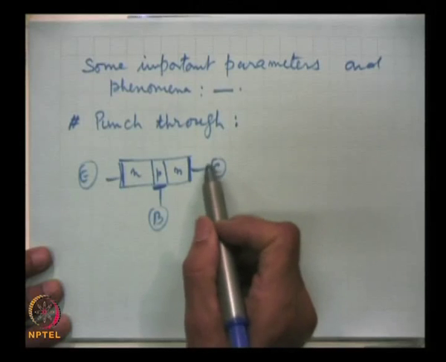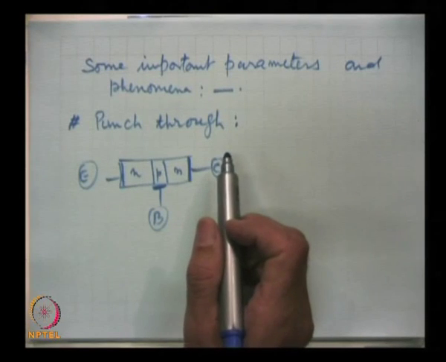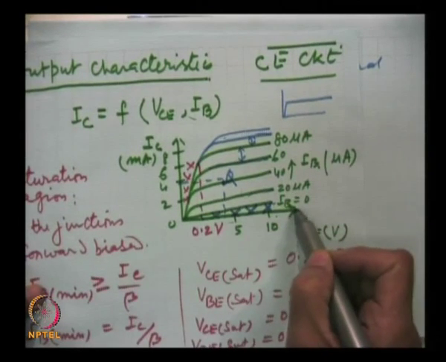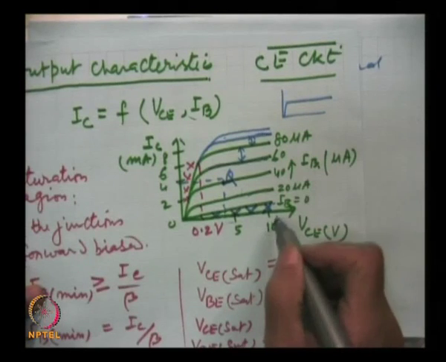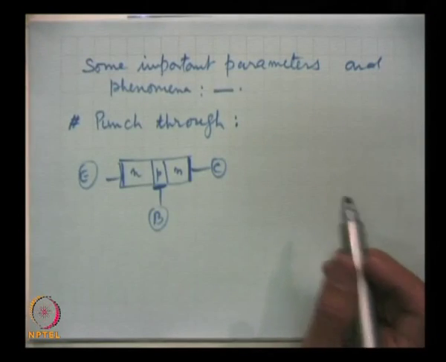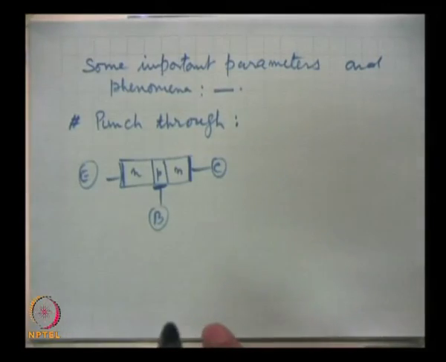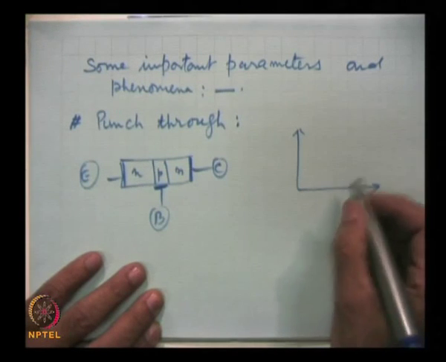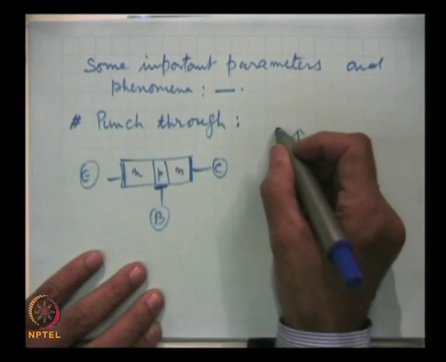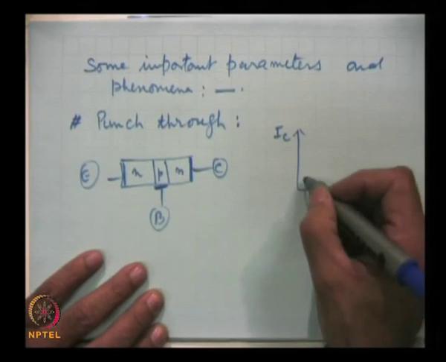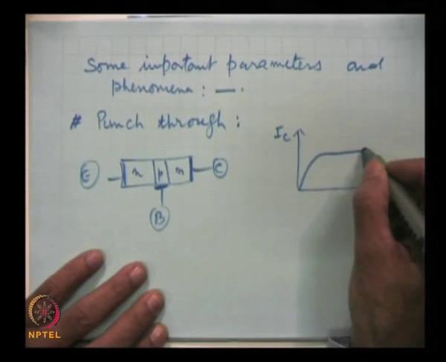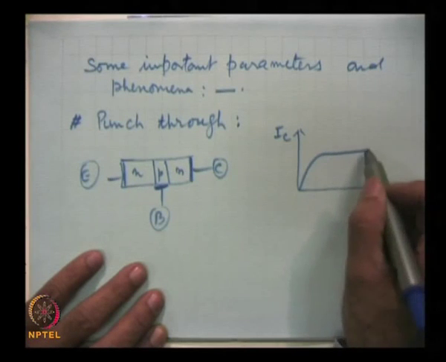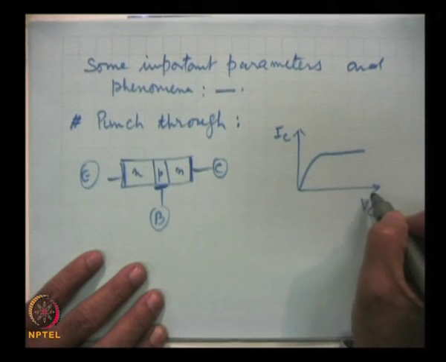If we go on increasing this voltage, how will our output characteristics change? These are the output characteristics for very large values of the reverse voltage at the output. I just take out of these several curves, I pick up one. This is VCE, this is IC, and this is the normal curve, normal operation. The operation should be restricted to this region, but if we keep on increasing,